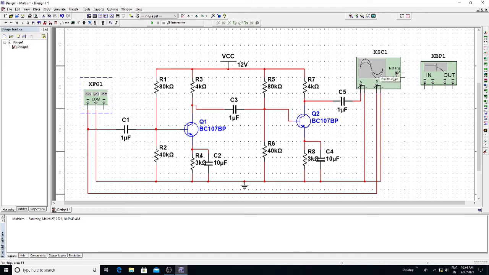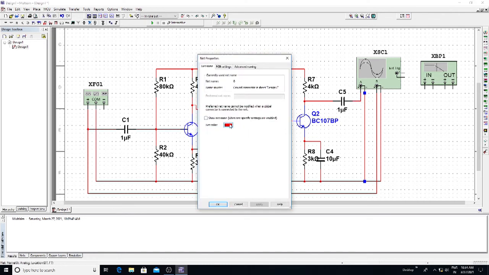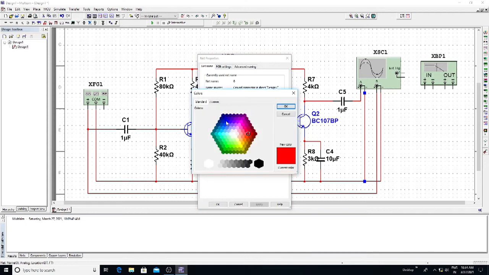Whenever you are checking the oscilloscope, make sure that both the channel A and channel B probe lines are not the same red color. In order to make a difference, you change the probe line color so that the waveform color can be changed. Double click on this wire and set the blue line.